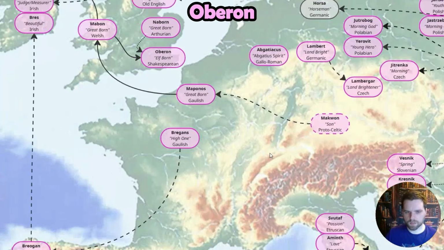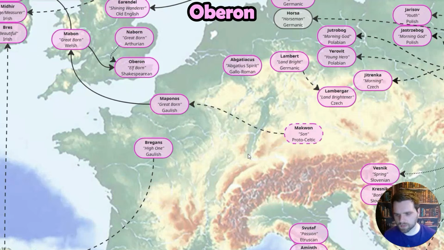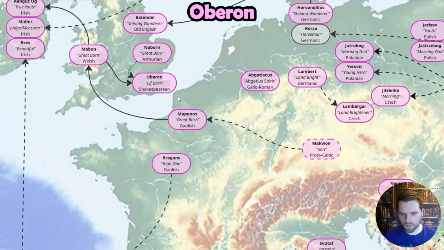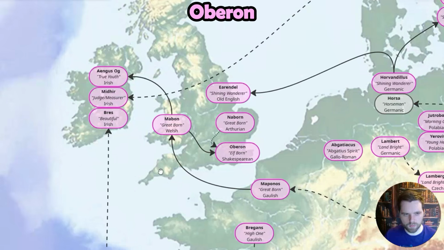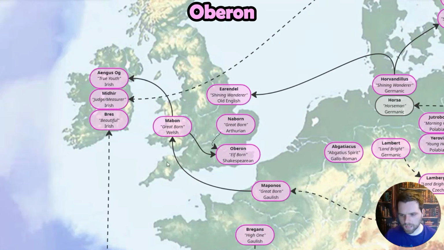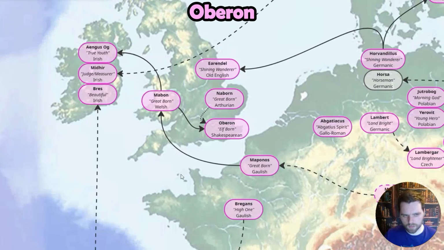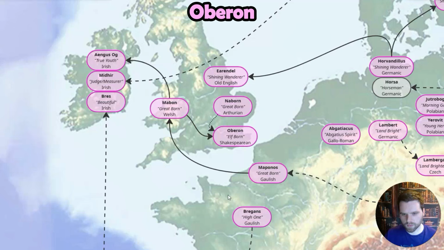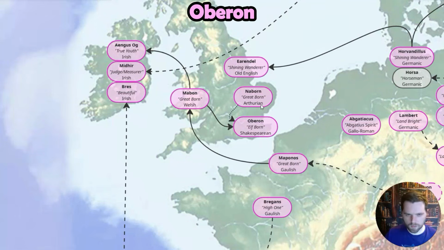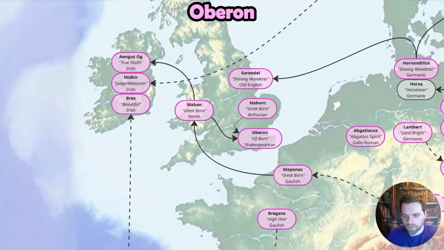Then, as far as we're talking about beautiful male youths and heroes, we have Maccon, or Maponos, or Mabon, or Angus Og. I remember mentioning Midir adopted him. He is something of the Eros, or the youthful, heroic god of Celtic mythology. He evolves in a sense into Arthurian and Shakespearean characters. Oberon, something of like an elf or a king of fairies, because of his beauty, purity, and immortal youth.